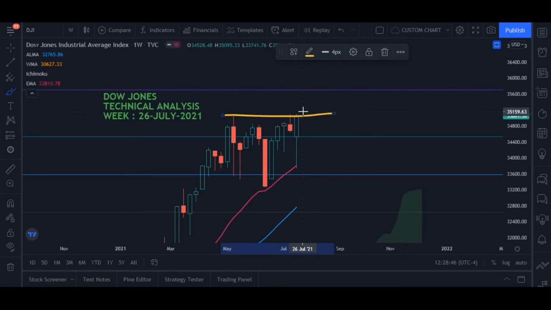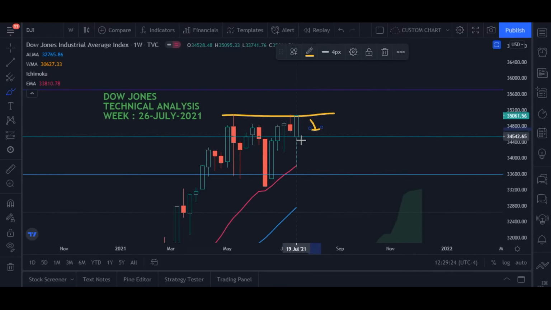the market is not expected to move in the bull direction. So what we need to do, particularly on Monday, is wait and see what happens on Monday. If on Monday the market fails to cross and close above this particular level, in that case the market will come down, and there will be support at 34,500,